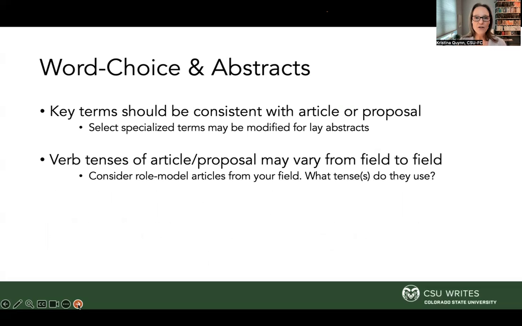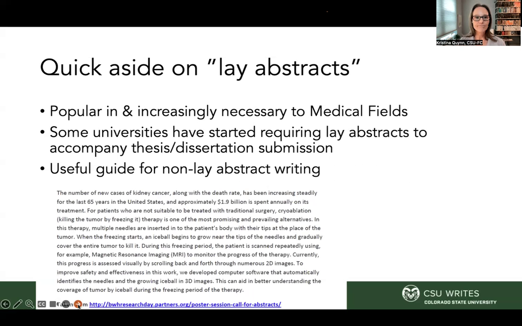And then the verb tenses of the article, they may vary from field to field, but if we're looking at verb tenses, oftentimes that introduction is in the present, for example. Our literature review is also maybe partly in the present, depending on your field. Your methods is likely going to be in the past because that's what you have done, right? So there are places where you're going to move from present verb tense into past verb tense, maybe even future verb tense at the very end, right? Where you talk about the future of this work. So you don't have to, in an abstract, stick with only one verb tense. You have to be strategic in pointing out how it works with what section of your article you're writing from.